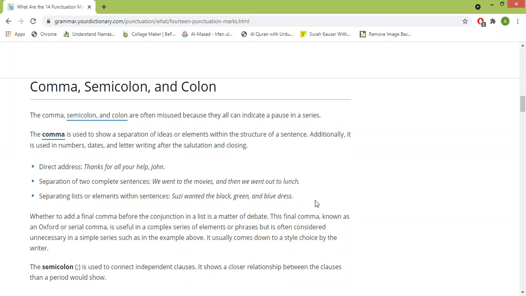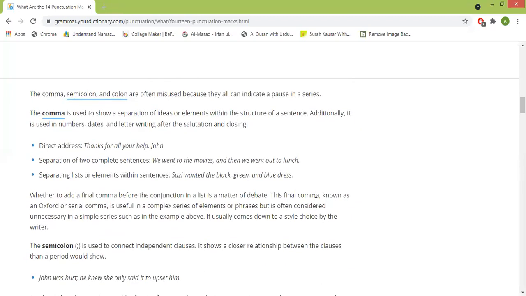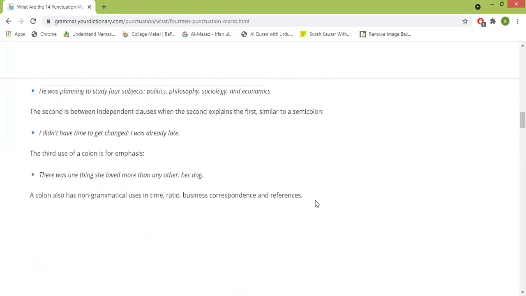Number one, while directly addressing the person. Number two, while joining two sentences before a conjunction. And number three, when we are adding a list of elements in a single sentence. Is it clear? Okay. Next we have